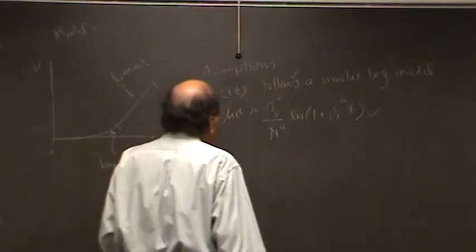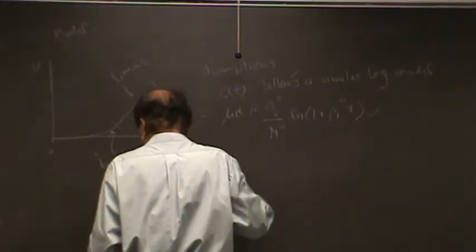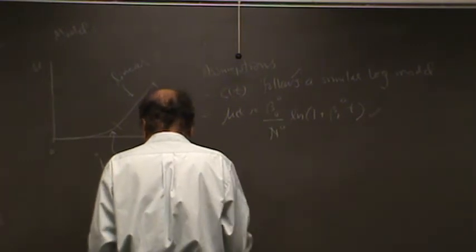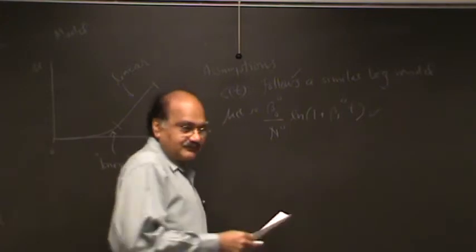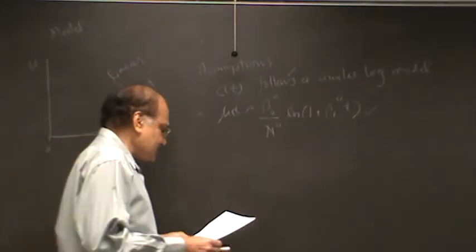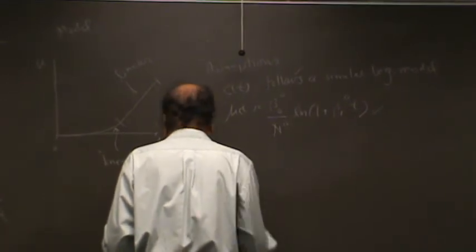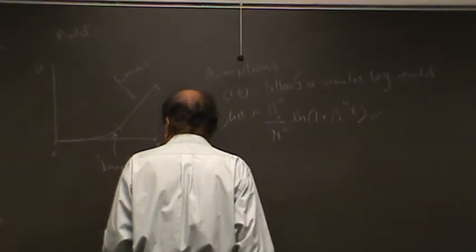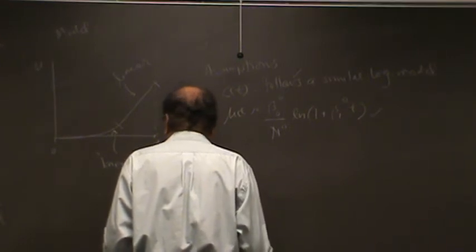So notice that this here is a function of t, this here is a function of t, and what you could do is eliminate t by using the two expressions. So you could say a coverage is some function, and